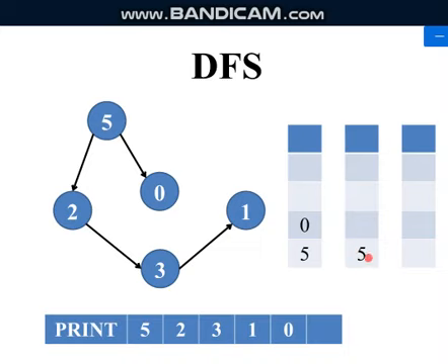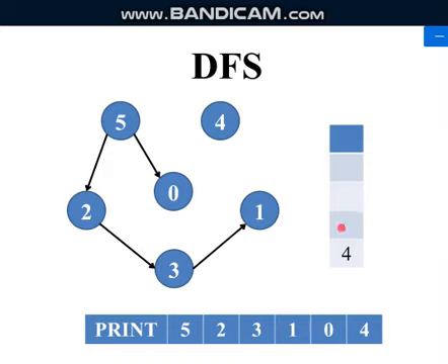Now again 5 is on top of the stack. Now again check whether any other node is adjacent to 5. No, there is no node adjacent to 5, so again remove that from the stack. Okay, so we have removed that 5 also from the stack. Now which is the node which is not visited in the graph? 4 is the node which is not visited in the graph, so we visit 4, so we put that 4